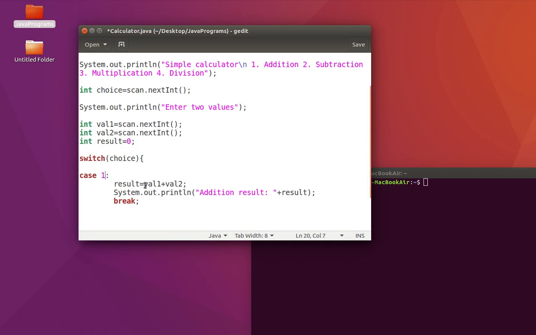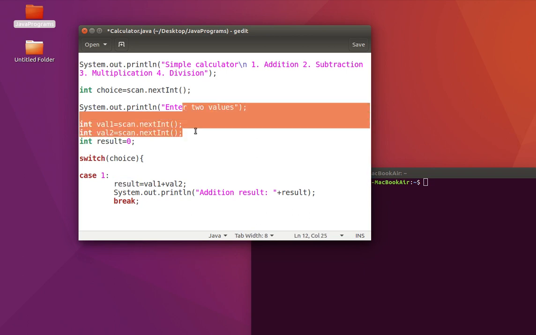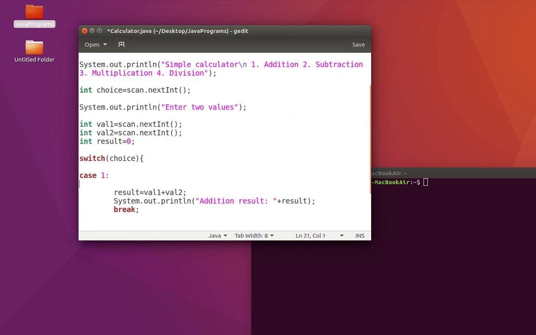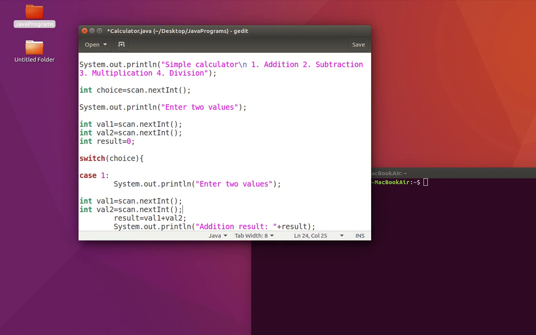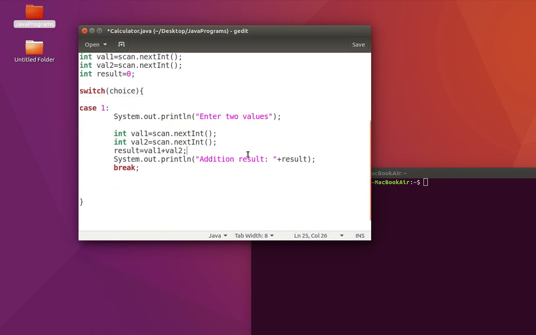Look at this, we are directly performing addition and printing the result. Result is the variable which is going to have the value here. If you want to read input every time, let's say I don't read input here, what we need to do is take this statement and put it here. You'll have to do it for every single case. For addition, you'll have to read input. And then for subtraction also, you'll have to read input separately, multiple times. Case 2 also, you'll have to read input like this.